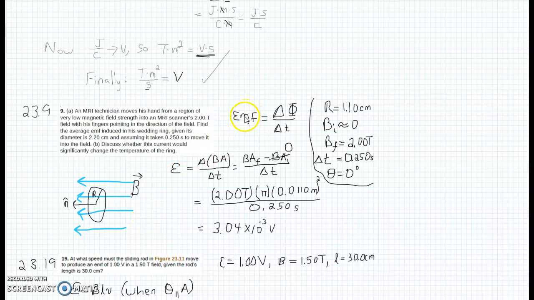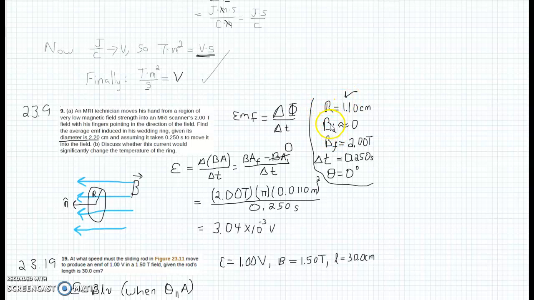So the induced EMF is going to be the change in flux over change in time, and we're given that the radius of the ring, okay, we're actually given the diameter, but we'll translate this into radius, 1.1